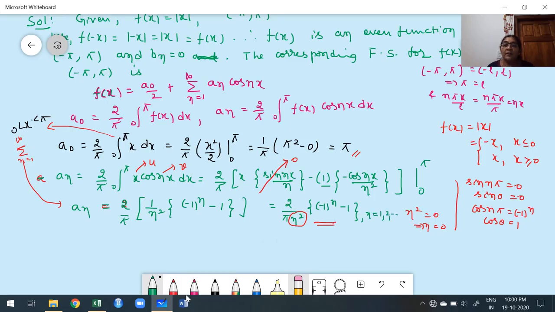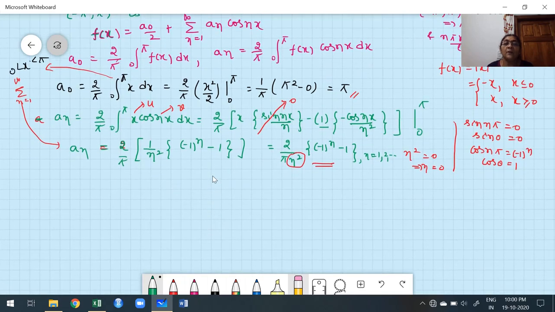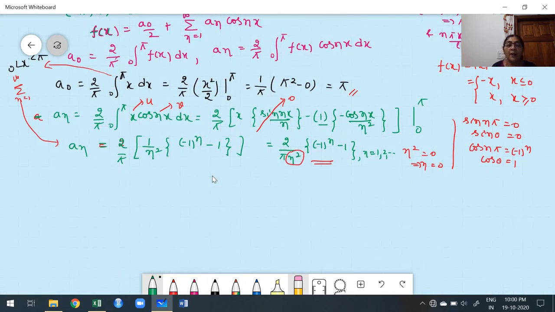Now before moving to the next step, I want to explain one thing that is very important. Whenever you have minus 1 to the power of n minus 1 inside the flower bracket, you must know that one of the terms is minus 1 to the power of n. One of the terms is maybe plus 1 or minus 1. In that case, even cases are 0, maybe odd cases are 0. For example, I consider minus 1 to the power of n minus 1. Put n is equal to 1. What happened? Minus 1, minus 1.